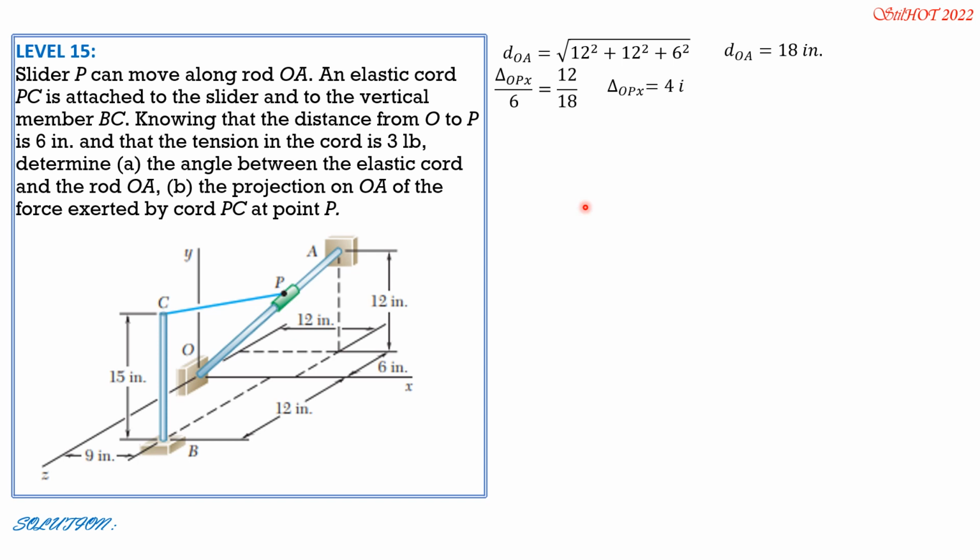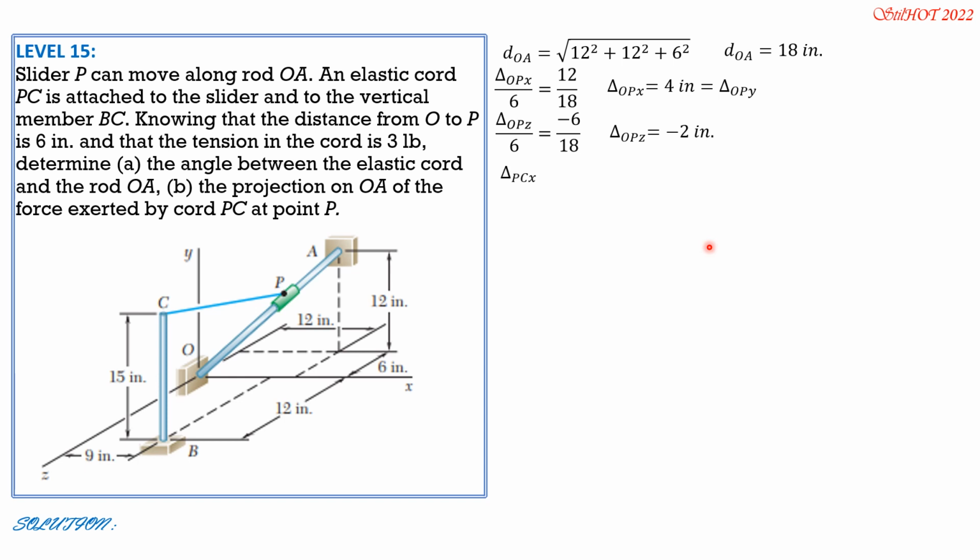So delta OPX, which is equal to delta OPY also, because they have the same delta X for OA and delta Y for OA, which are 12 inches, so 4 inches. Then delta OPZ, which is expected negative, over 6 equals negative 6 for OA, it's negative 6 over length of OA, 18 inches. So it is negative 2. So therefore, the vector form of OP